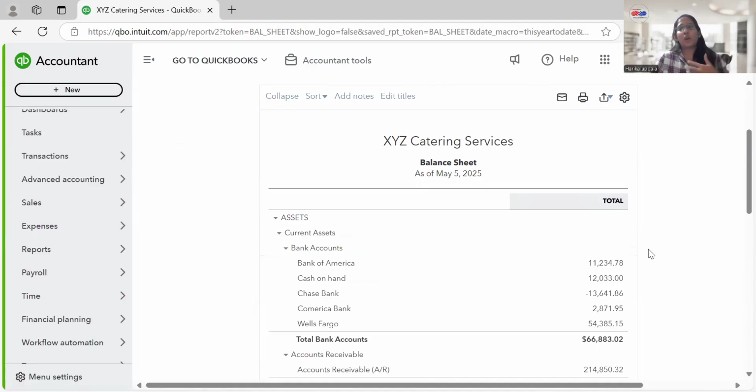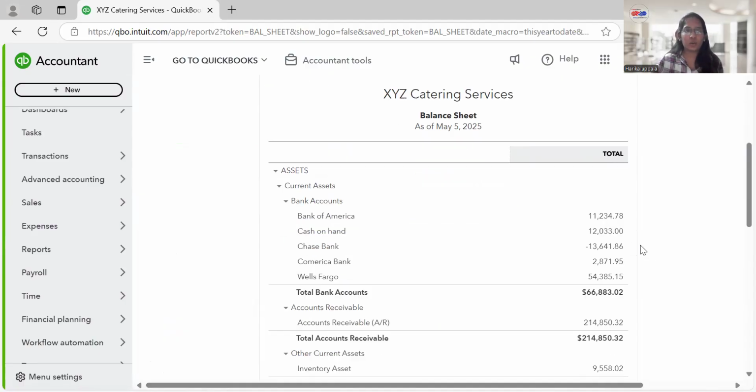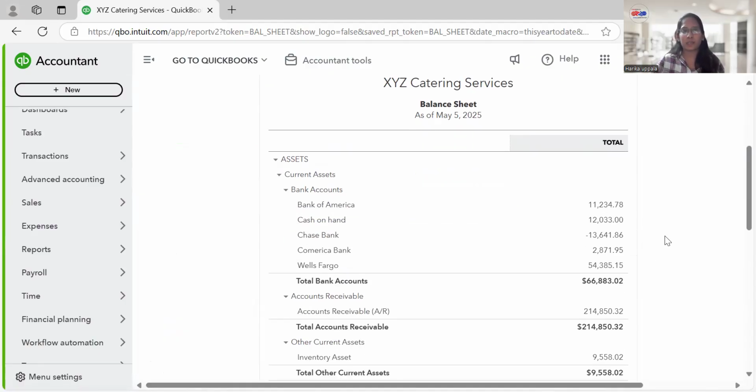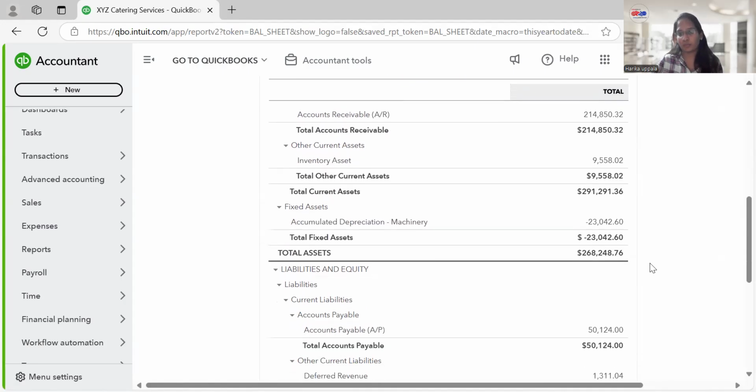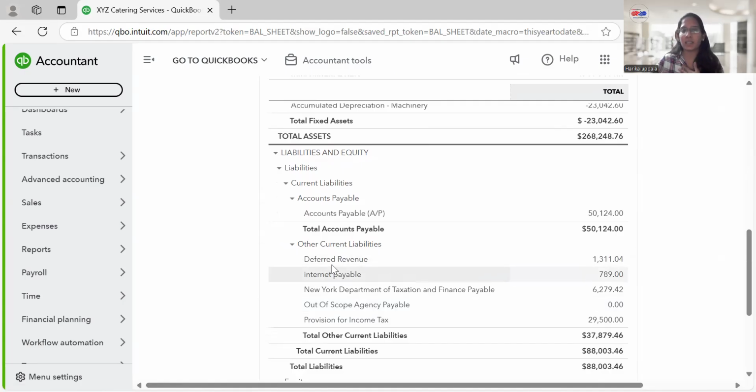We all know this one shows the financial health of my business: how much cash I have, what I owe, and whether I can survive the next 6 to 12 months or not. If I collect upfront annual payments, they show up here as deferred revenue, right? If I'm collecting anything, you can see they show up as deferred revenue over here.